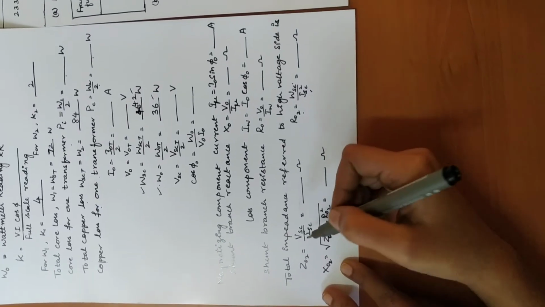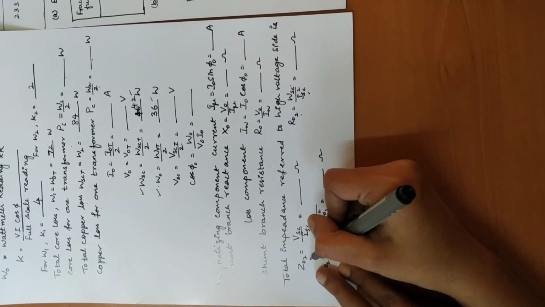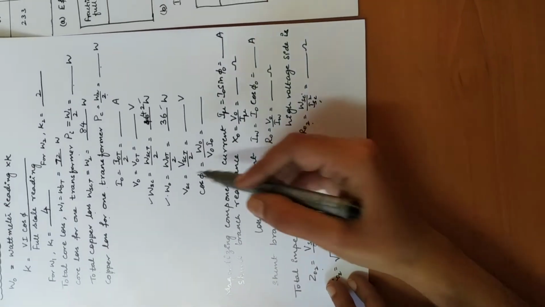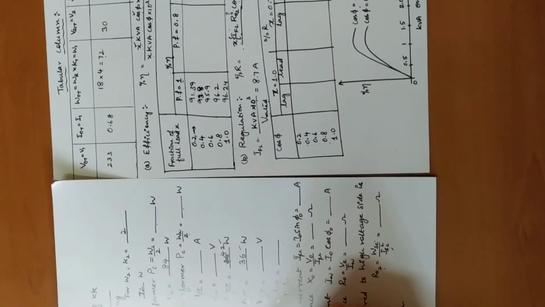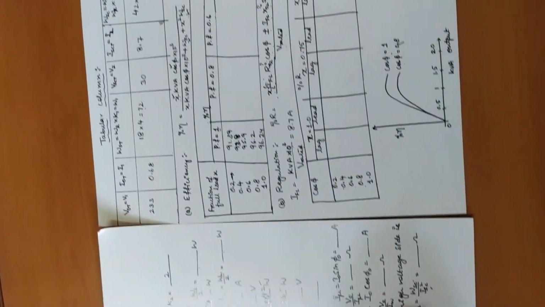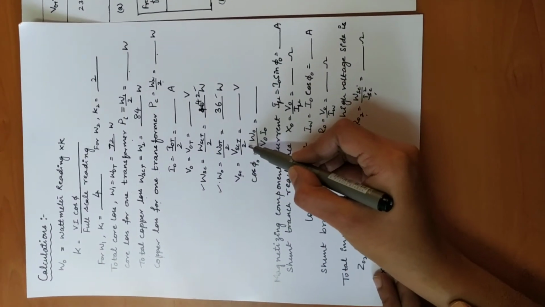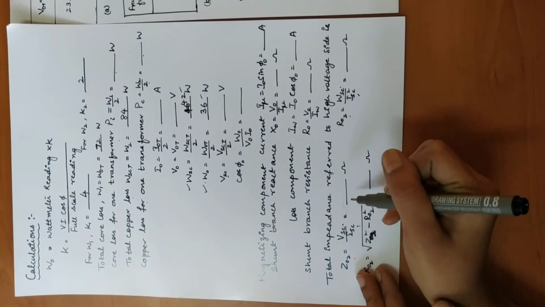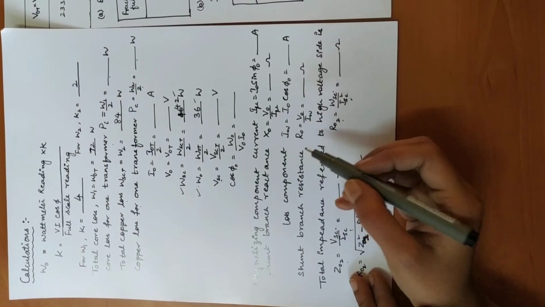Then X02 can be obtained once you find out Z02. Z02 is nothing but VSC divided by IAC. So how to calculate that VSC? VSC will not be the value which you had taken in the tabular column, because that is for the total of the two transformers, and we want it for one transformer. So VSC is equal to VST divided by 2. Then you can get the VSC value. Similarly, we should find the IAC current like that.